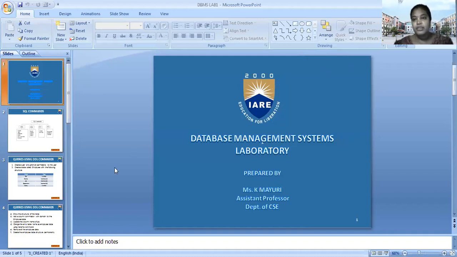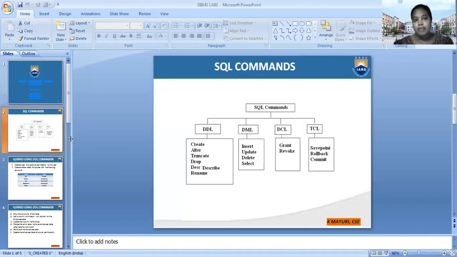In the previous video, we discussed the DDL commands. Now we have to discuss the DML commands. What are the DML commands we have? Insert, update, delete, select. These four commands are used to perform operations on the data present in the entire